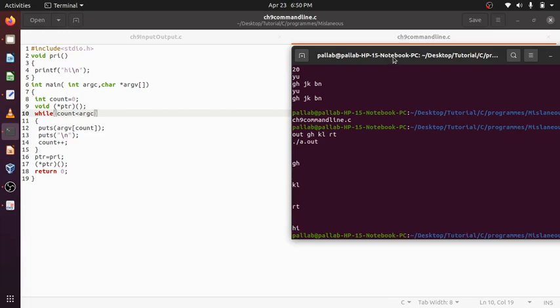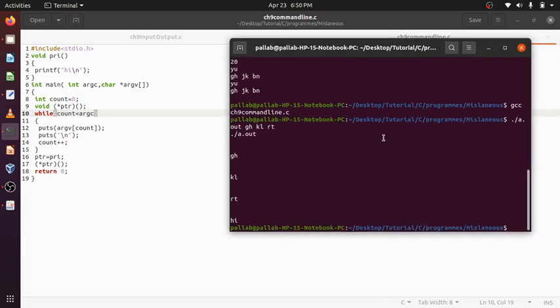What is happening? We are giving arguments with a.out. See, a.out, we are giving the arguments.